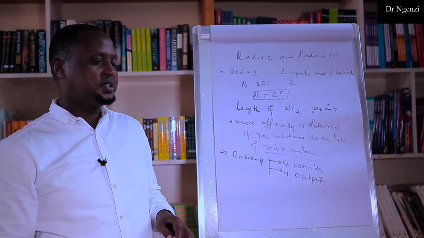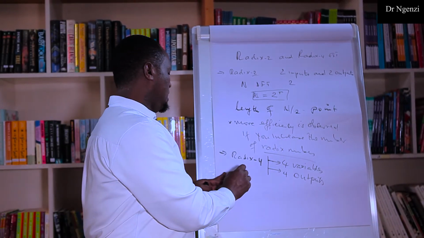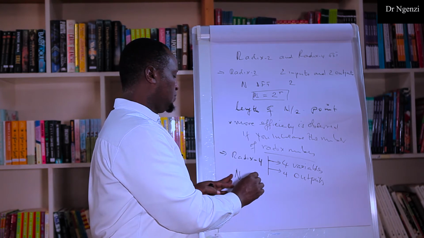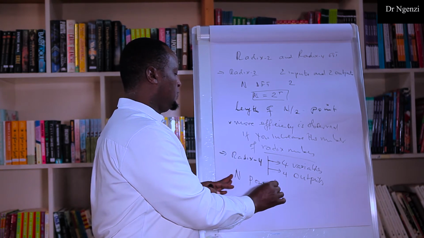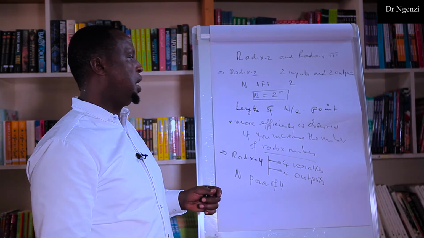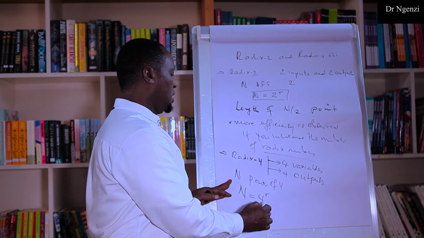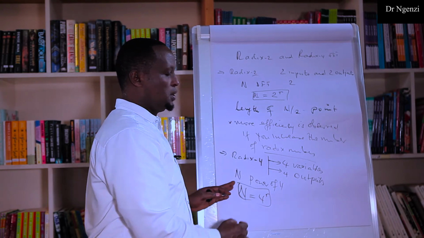And in this case, for the DFT, the N is going to be a power of 4. So you can have, for example, N equal to, and this is very important,